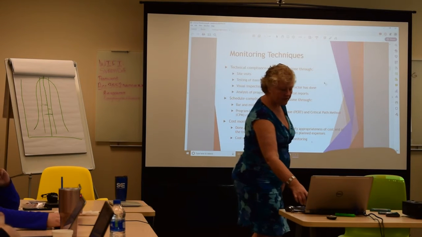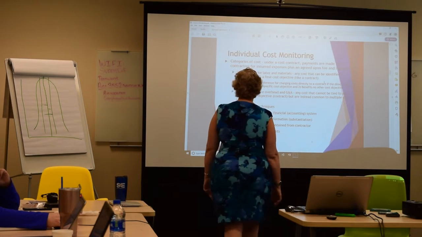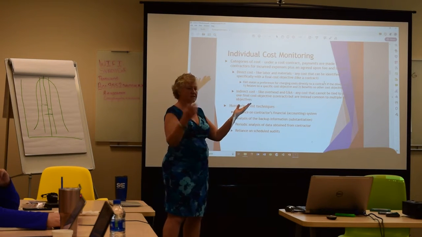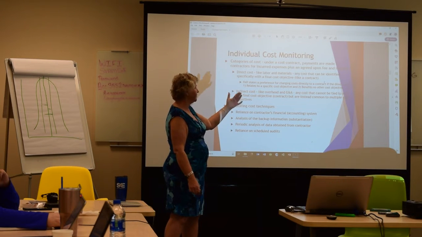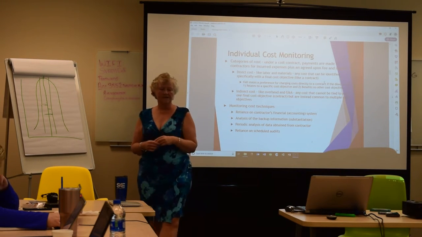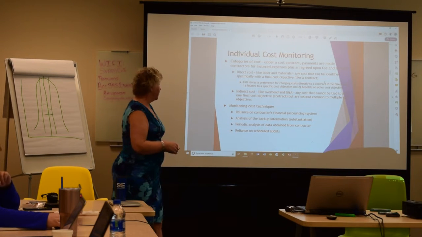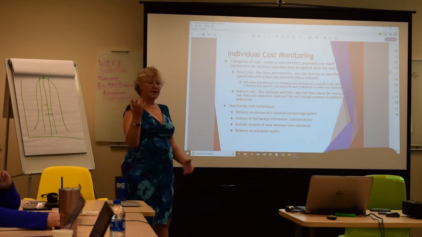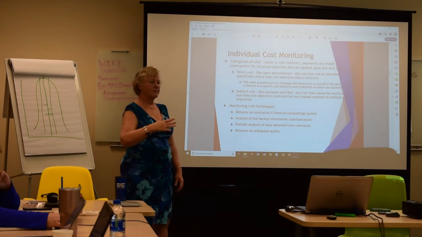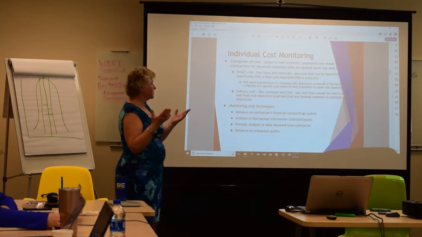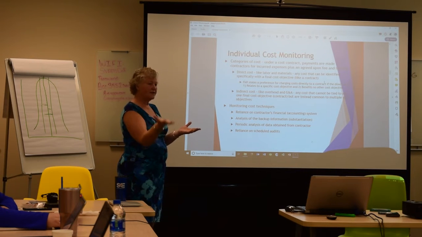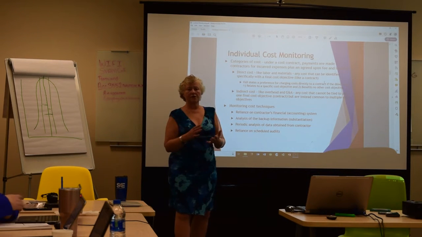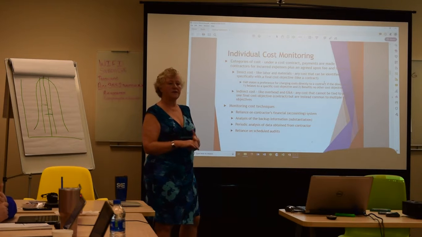And then we talked about cost monitoring. So individual cost monitoring, they're looking at categories of costs. So we talked before about there's direct cost and indirect. The direct are all the things like labor, material, anything that can be identified with a final cost objective, one objective, as opposed to an indirect cost, which is like overhead or G&A. G&A and overhead sort of go across your entire company. So the government's going to look at your cost monitoring both at your indirect cost rate level, and they're going to look at your direct costs. And remember we talked about allowability, allocability, and reasonableness.